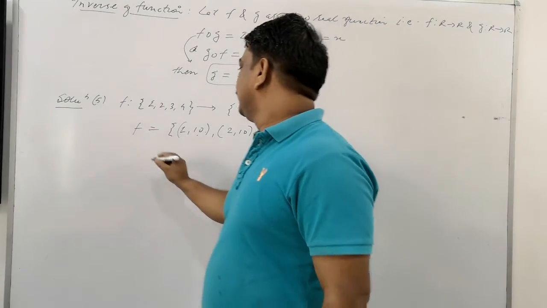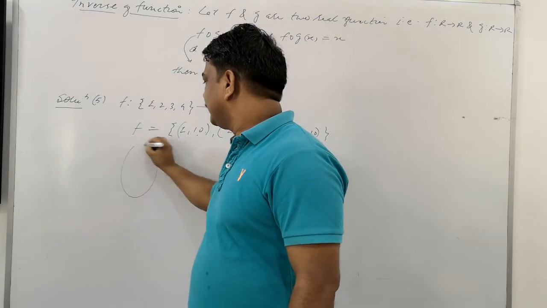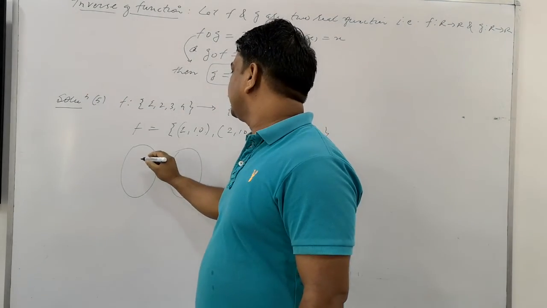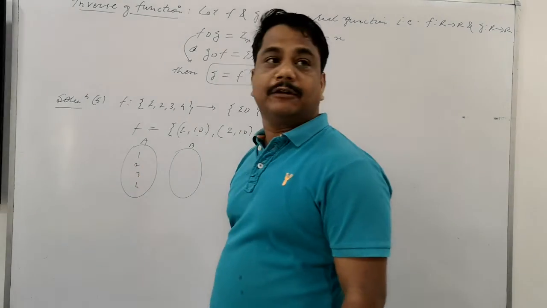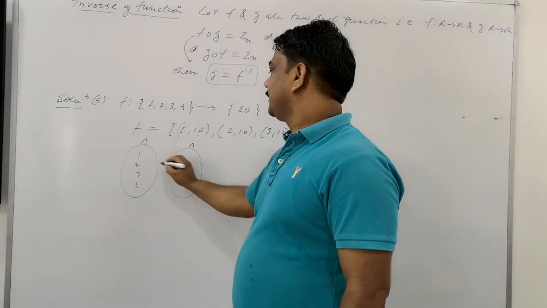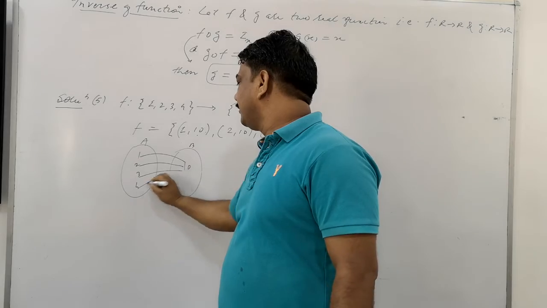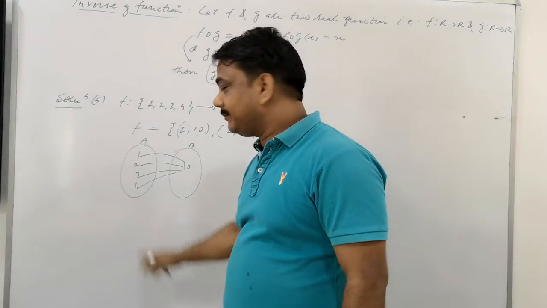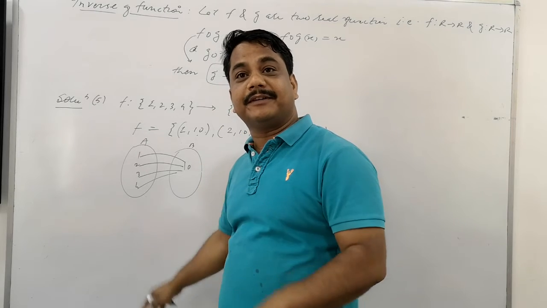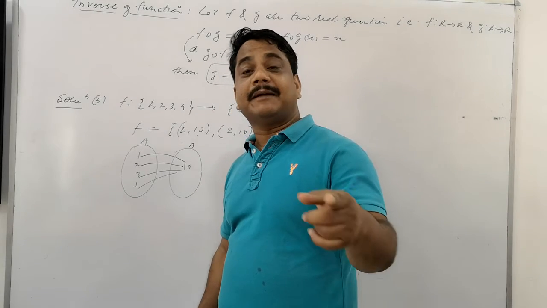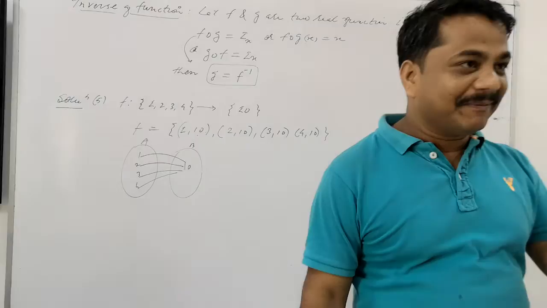Now have a look at this. So what is under f? Simply you can understand. It's a set A, suppose it's set B. It's 1, 2, 3, 4. Have a look, please. There is 10. 1 is related with 10, 2 related with 10, 3 related with 10, and 4 related with 10. Is it possible that many elements can be related with 10? This is a type of function I told you. What type of function is this? It means you have not seen the video.